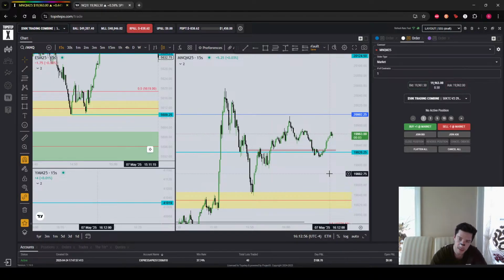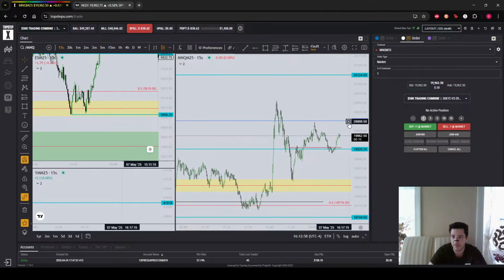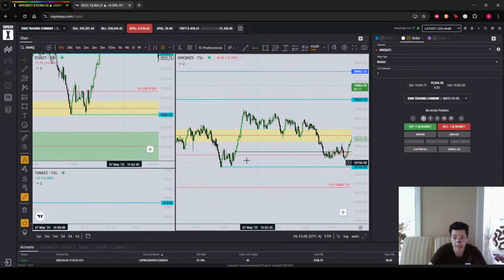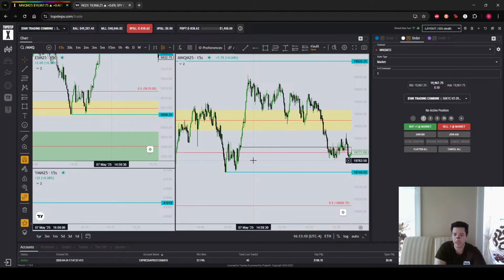This is the problem when you try to trade every single move in the market. Even though this one made a lot of sense, I would take the trade again. There's nothing I don't think I would really do anything differently. But I just, I don't know.